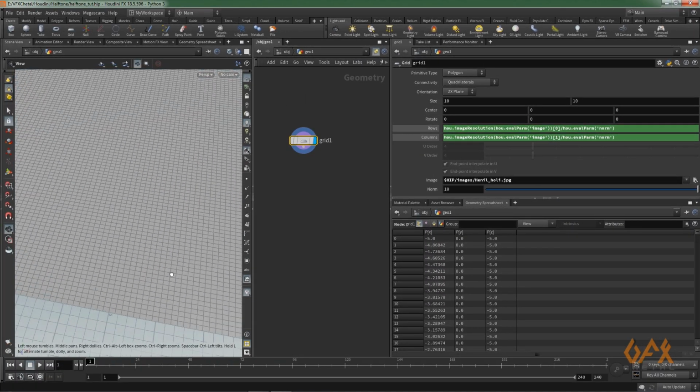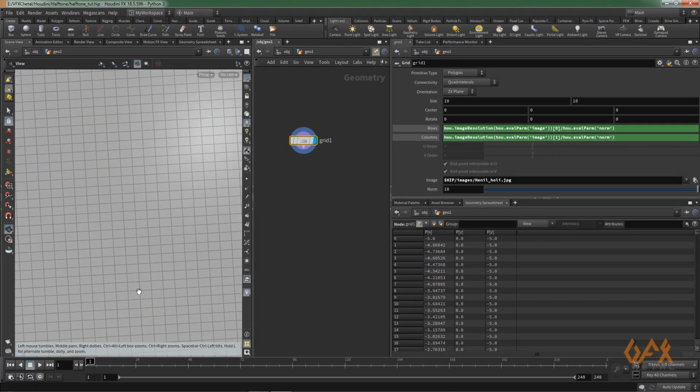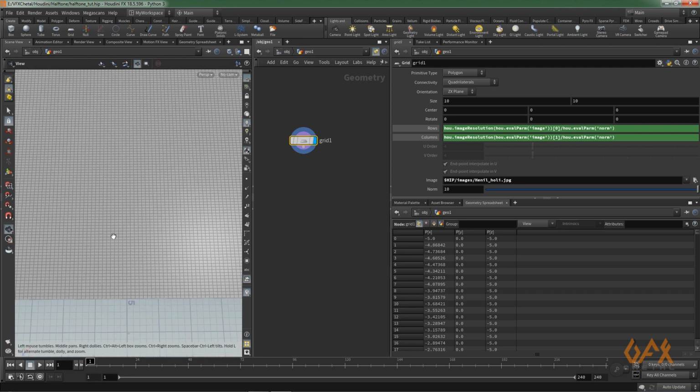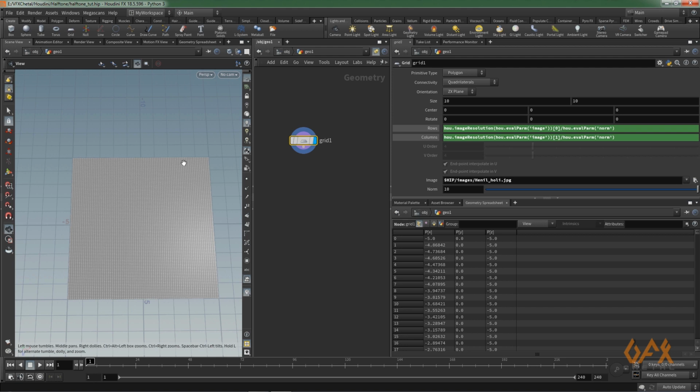So now you see over here we get some segments according to my image. Now I need to change the width and height according to my image size.